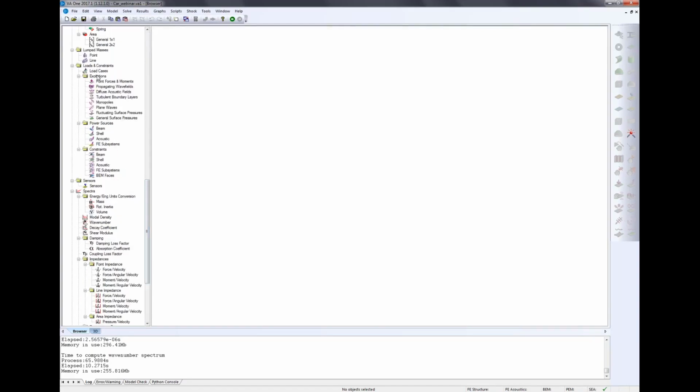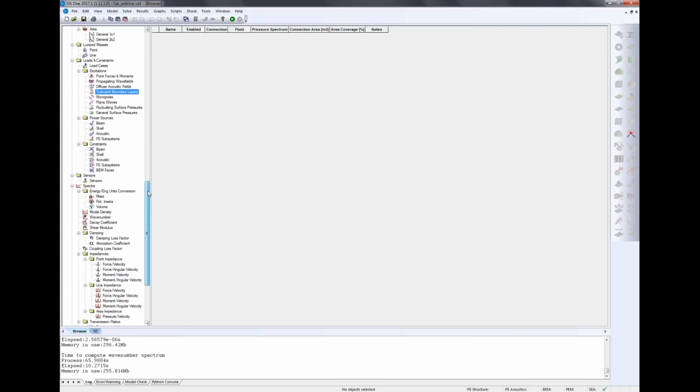The loads here are of different types. You can see a lot of loads. Here we are interested in general surface pressure, and we'll also take a look at turbulent boundary layer and diffuse acoustic field. All these are SEA type of loads, but you can also apply turbulent boundary layers and diffuse acoustic field to FE type of models or subsystems.